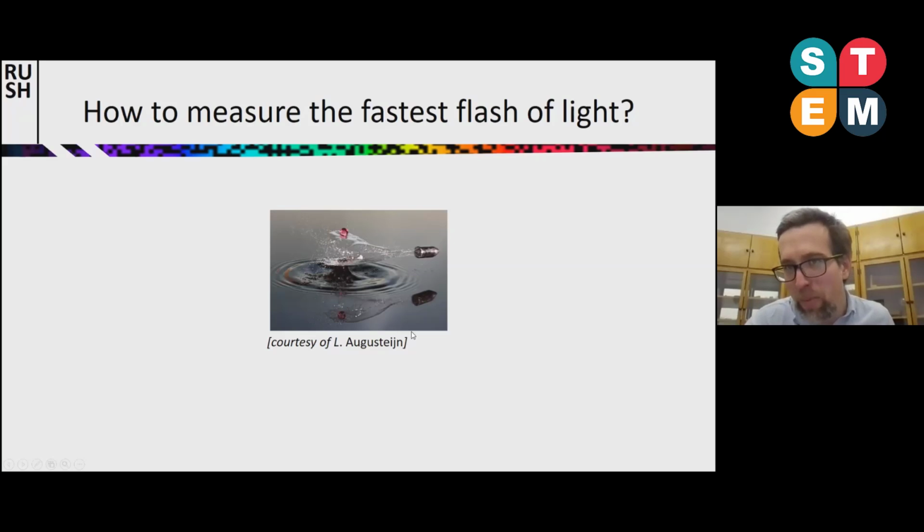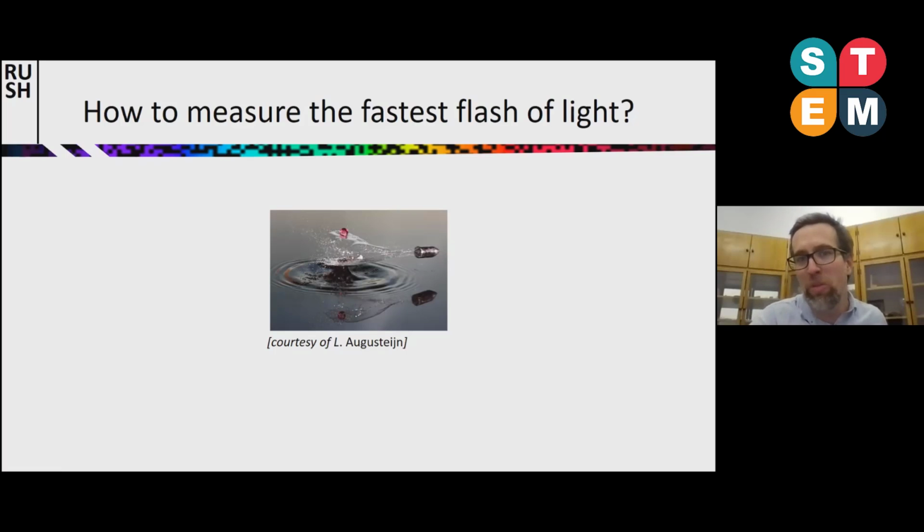He could use a regular camera, but what he needed was a very short flash of light. A microsecond photographic flash, which he used with good timing, and he could capture this very fast process. All right, but we want to basically do the same. We want to capture something very fast, our femtosecond pulses.